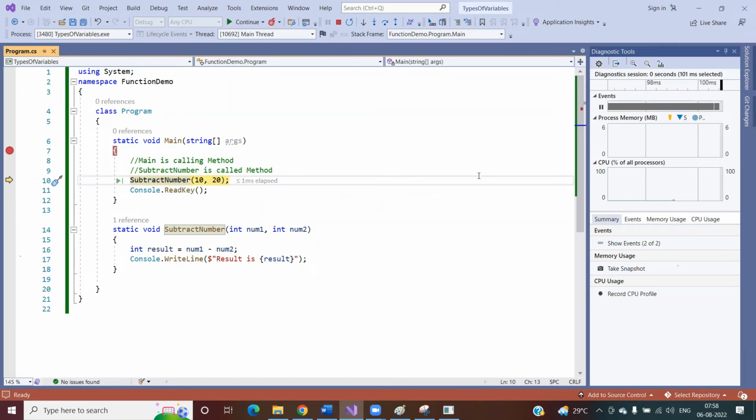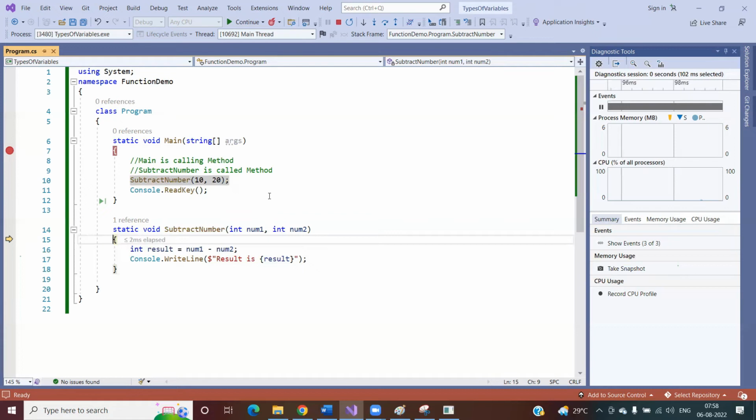So now I'm pressing function F11. See, the controller will move to this point. So you need to know how to do this. In a real-time application, while you are debugging, it is not possible to put the debug point everywhere. In this case, it's a single class having two methods. In real time, you might have 100 classes and 1,000 methods, and you need to debug the required function. So indeed, in that case, it is very difficult to identify the classes and methods and put a